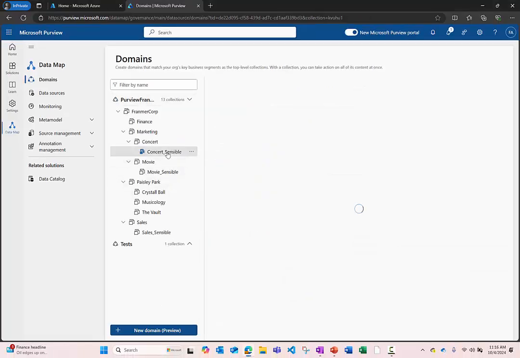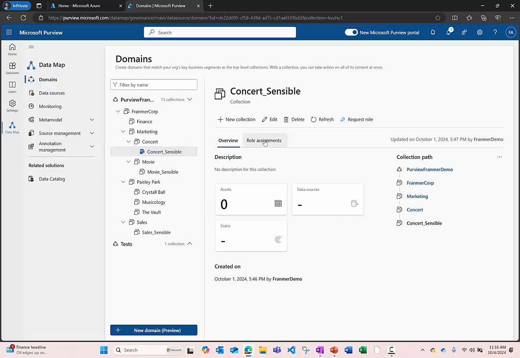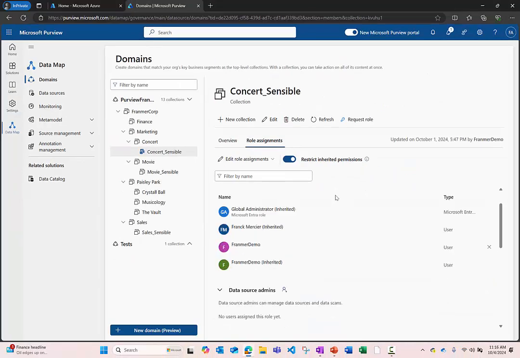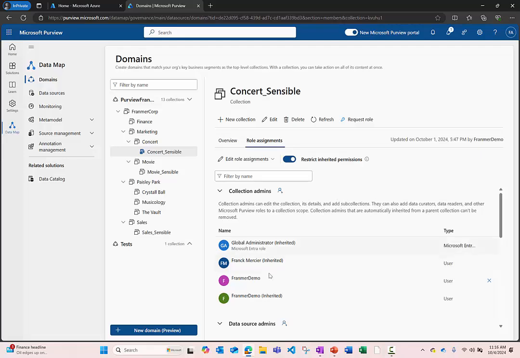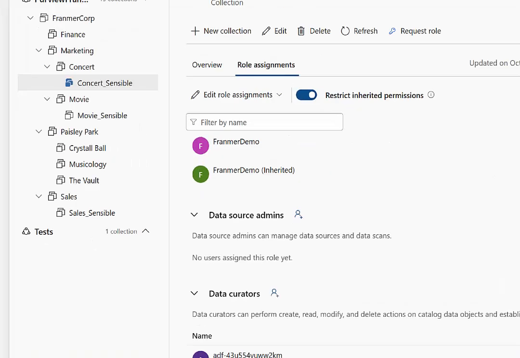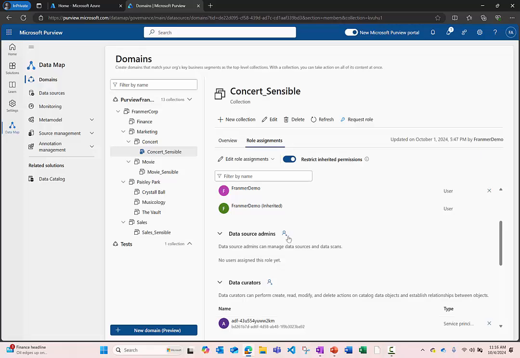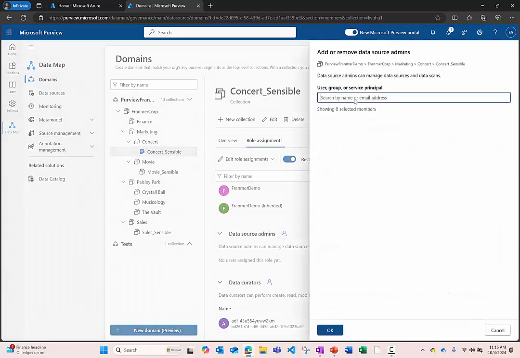If you click on the collection and go to role assignments, you can see here that we restricted inherited permissions. When you do that, you remove all permissions except, of course, the collection admin. So it means here, on data source admin, you need to add the user who needs to perform the scan.